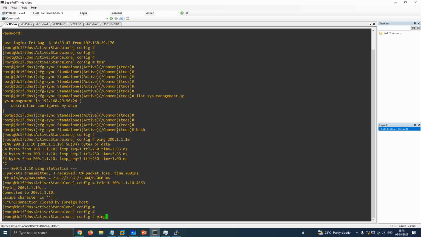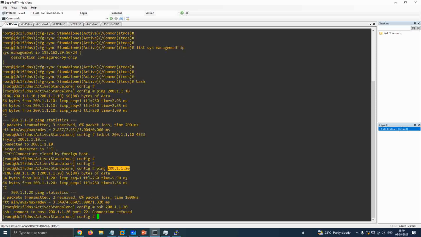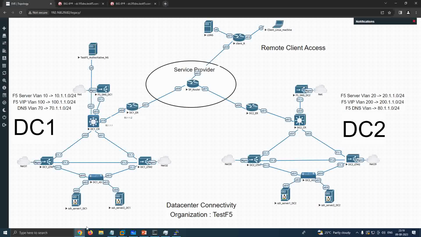Let me ping 200.1.1.20. If I do a telnet to this, I should be able to log into one of the routers of data center 2 that's being load balanced. Learners, I think I discussed what these servers are. The servers are essentially routers with telnet functionality. So if I do